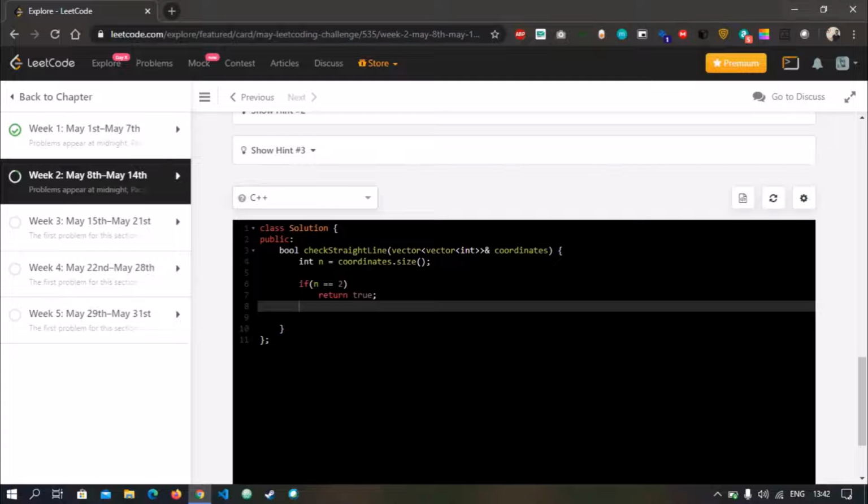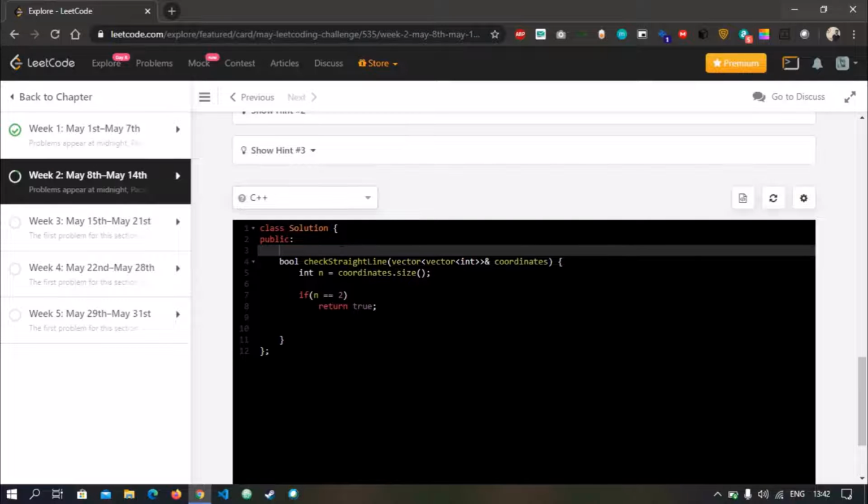Okay, let's define a function to calculate slope, and it will return a float value, because if you know the formula of slope, that is y2 minus y1 divided by x2 minus x1, it can return a float value also.